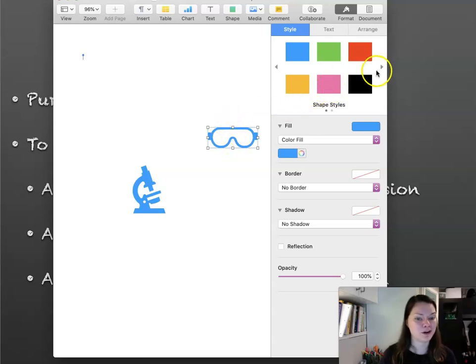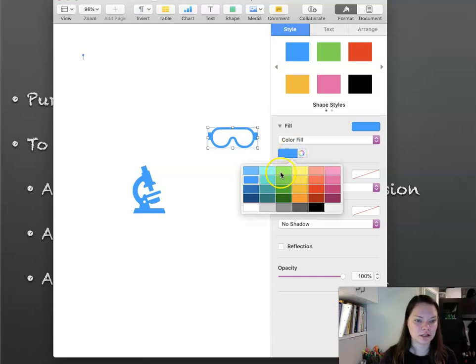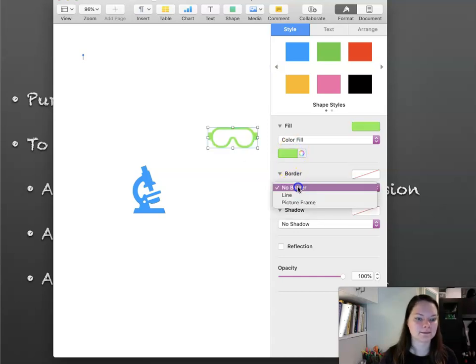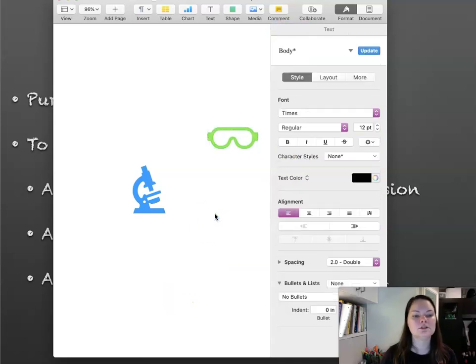I don't like the blue goggles. I really am digging the, let's go with neon green. Ooh, yes. Pop a border on there, right? Anyway, I just want you to play with this, have some fun with it, and then when you're done doing